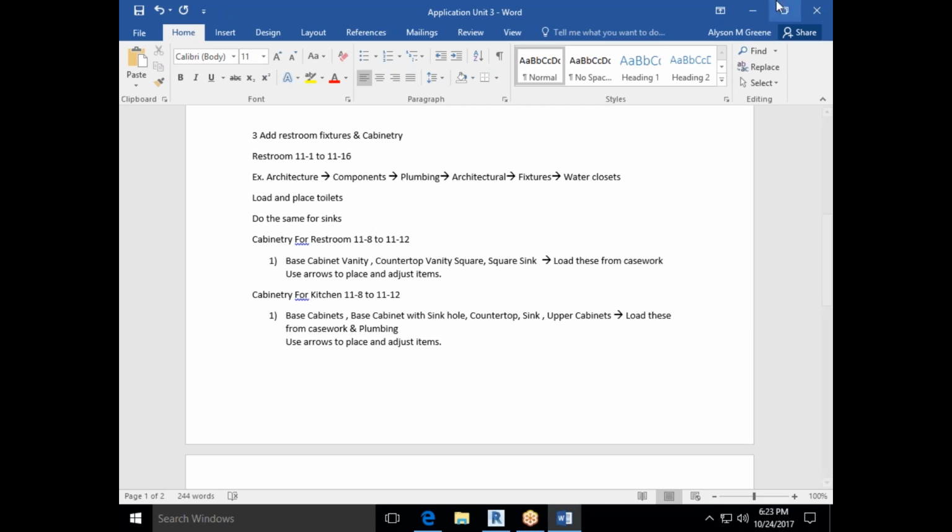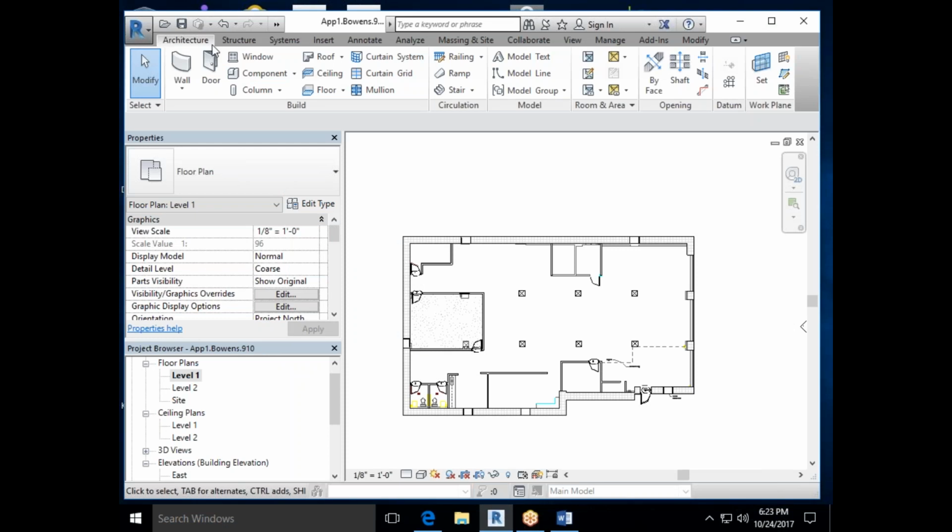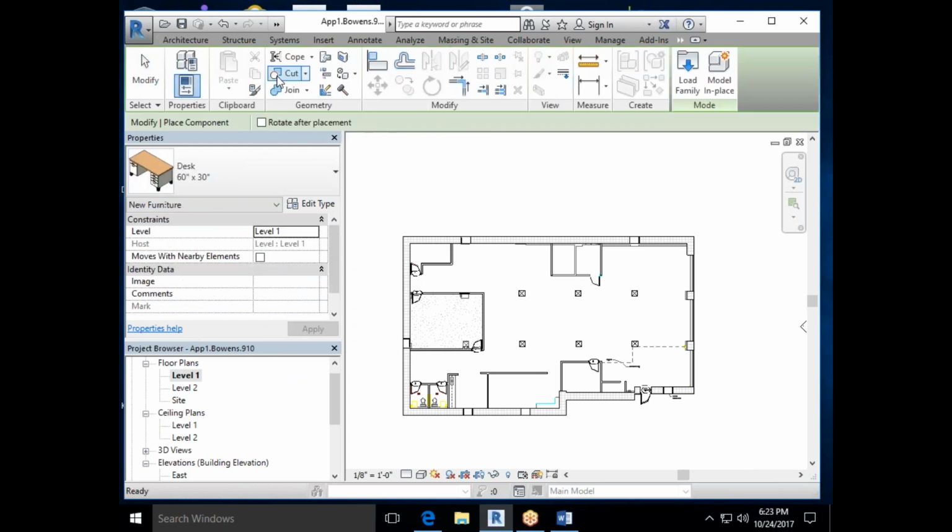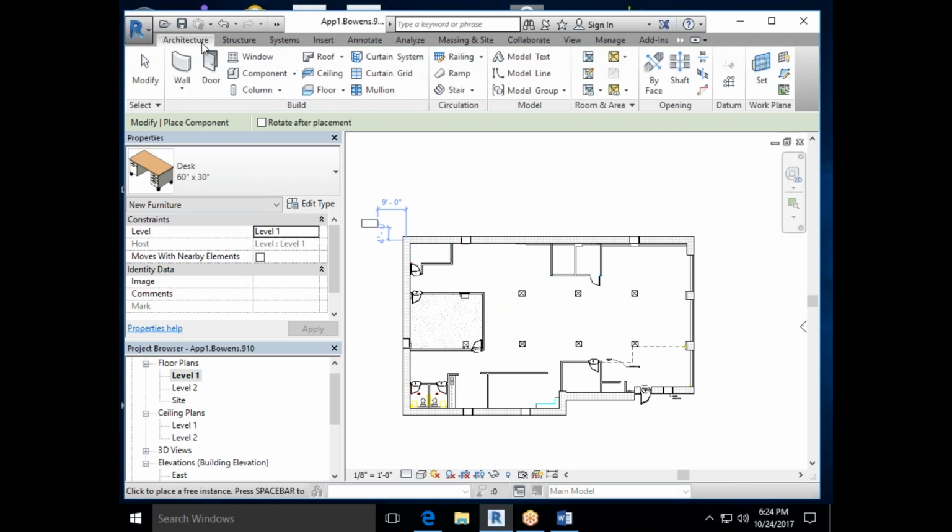So just get used to the idea that architecture and component is going to bring in all loads of families. So when we bring in families, that's groups of large things like furniture, it's fixtures, it's cabinets. Just like under annotate was those detail items, this is where we bring in the brunt of all of our fixtures, furniture, our FF and E for our project. So it's under architecture, component,